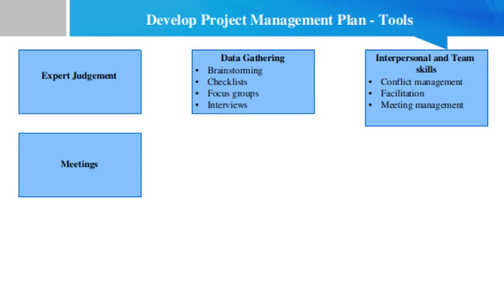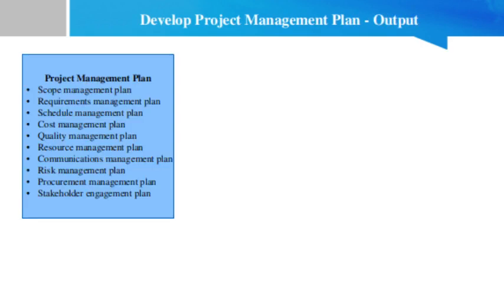Now, we shall talk about the output of this process. The output of this process is basically a project management plan. Friend, the project management plan is the document that describes how the project will be executed, monitored, and controlled and closed. It integrates and consolidates all these subsidiary management plans and baselines and other information necessary to manage the project,